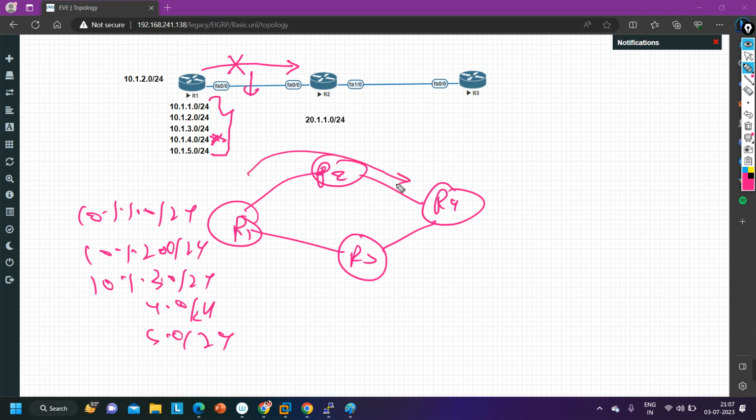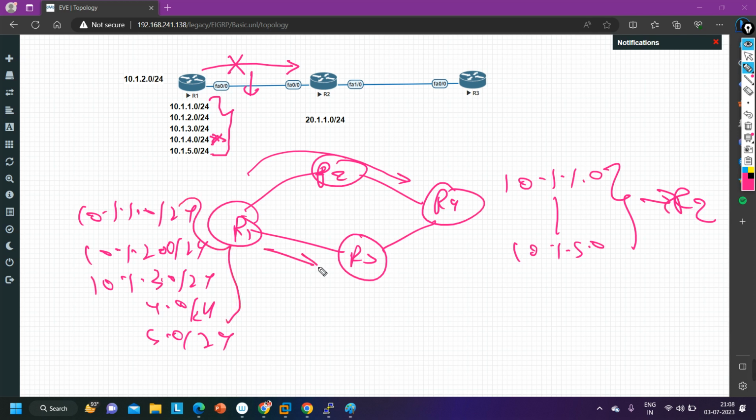Let's say on this path the metric is less, so router 4 has installed all these prefixes in its routing table via router number 2: 10.1.1.0, 10.1.2.0, and so on up to 10.1.5.0 via R2.